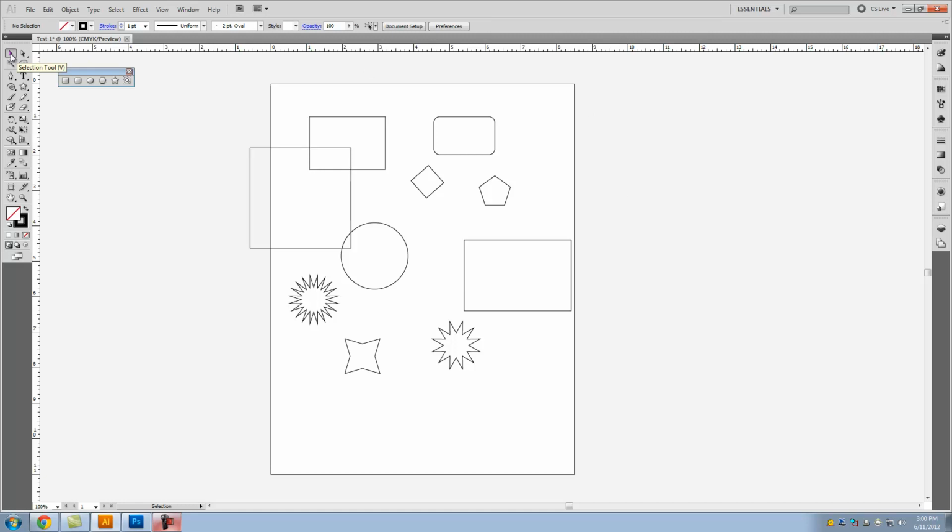If you notice on the left vertical menu, you've got two arrows. You have the selection tool and then the direct selection tool. Direct selection tool is used for selecting vertices, lines, and individual core elements of your objects. And the black arrow is used just for box select or to select whole objects. So if I select this black arrow by either clicking the icon or hitting the V button as the hotkey, you notice that when I hover over and click this rectangle, it selects the entire rectangle. Whereas when I use the direct select by either selecting the icon or clicking A,